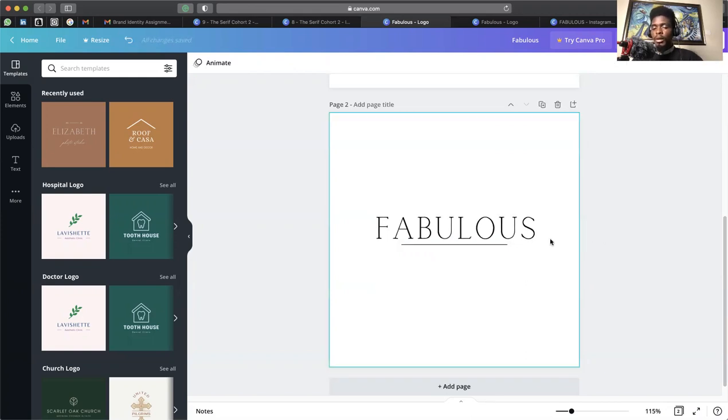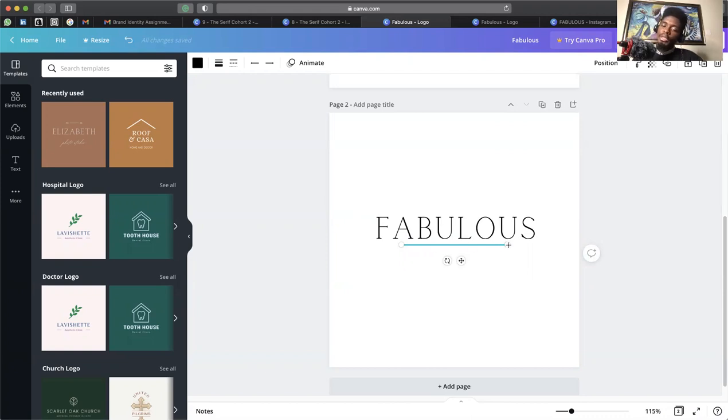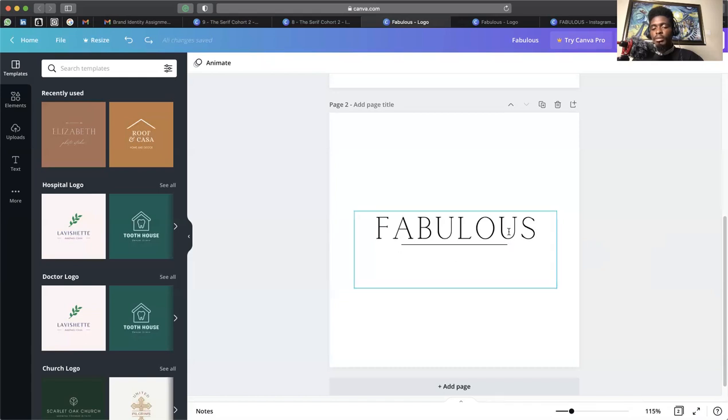I'm also thinking about the location. It doesn't seem to be all the way through or maybe somewhere in the middle, that kind of thing. So maybe having it right in the middle of this